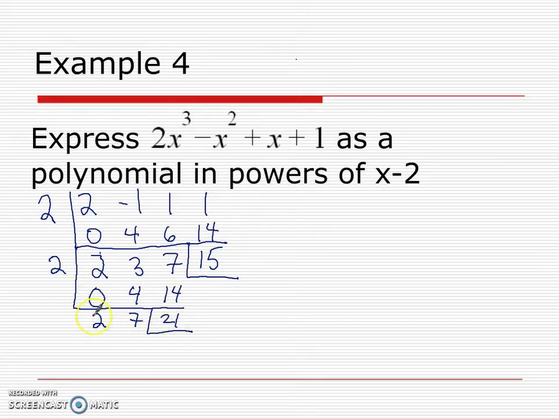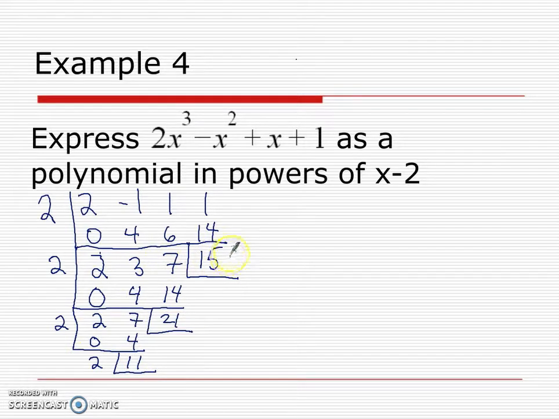This quotient is 2x plus 7. 2x plus 7 can be divided by x minus 2. So I'm going to do that division one more time. X minus 2, 0, 2, 4, 11. So I've got a quotient of 2 and a remainder of 11. 2 is not divisible by x minus 2, so I'm not going to divide anymore. I'm all done. But what I want to do now is look at each line in succession of this division,